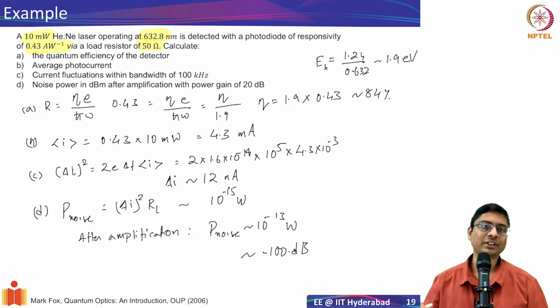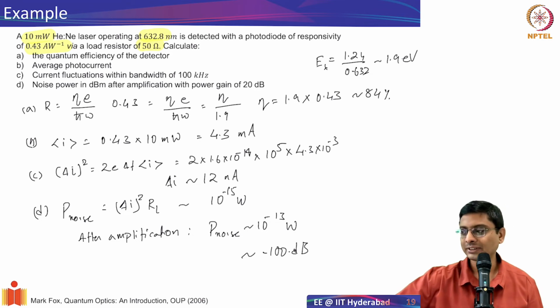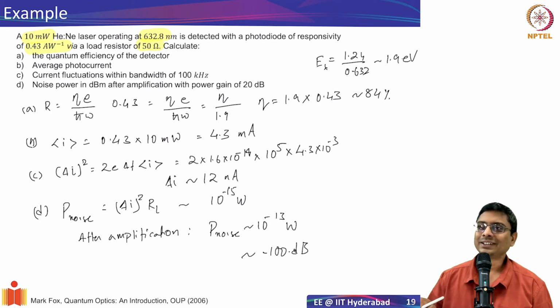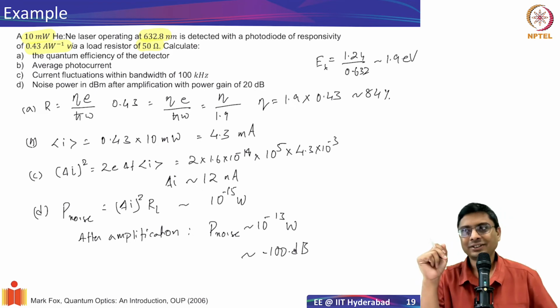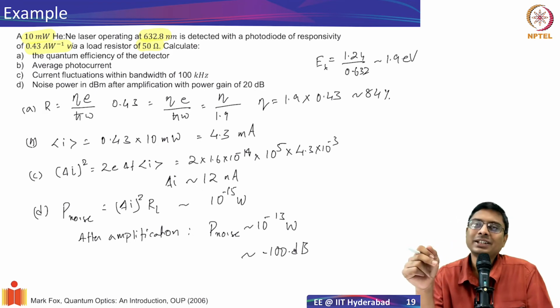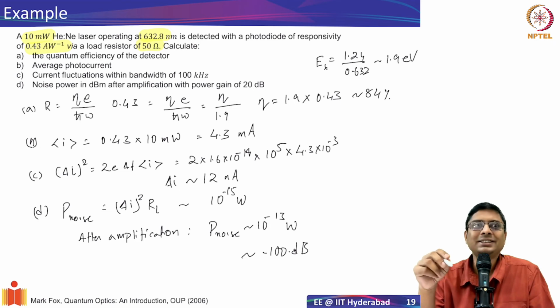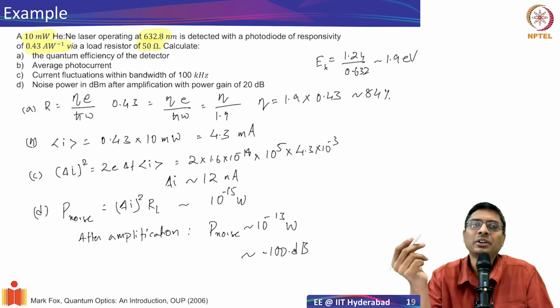So this is how photo detection happens, and it is quite important to understand the details of it if you are working in the low noise regime. Always remember, why did we do all this? We are doing this because we want to study the statistics. When I introduced it, I said that if you are counting the number of photons using a very sensitive detector like an APD or a PMT, it has a dead time of about a microsecond and we cannot go beyond that. But we don't want to be limited by it.